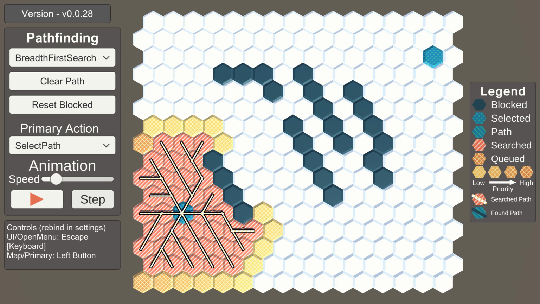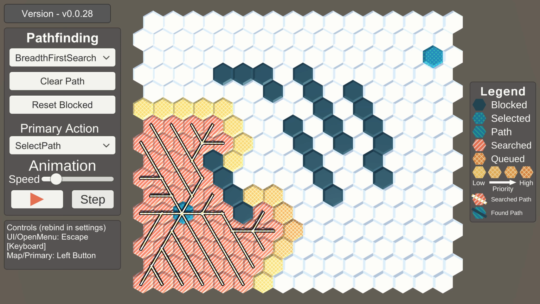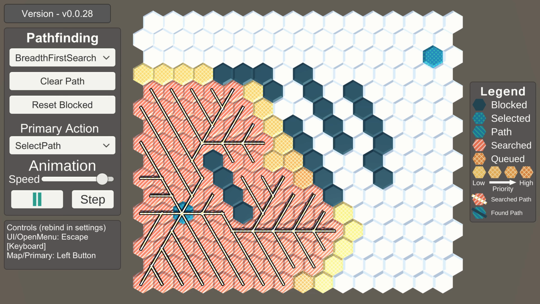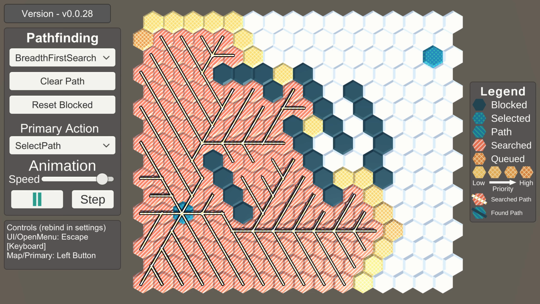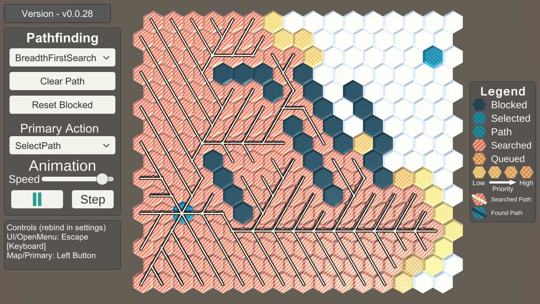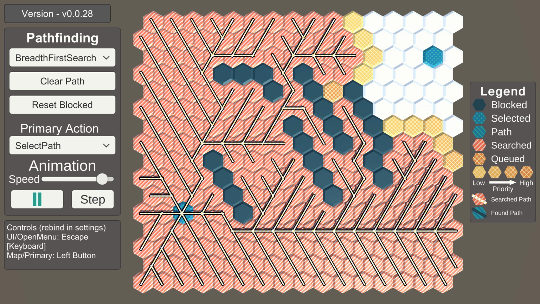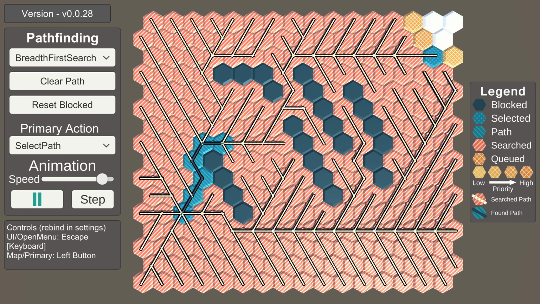From the controls panel, I can modify how fast or slow the algorithm runs, pause the current animation, and slowly step through each part of the process. On the screen now, you can see how hexes are being searched. When a location is searched, a path is created from that location back to the starting location. This will continue until the algorithm is able to find a path from the start to the destination. It will also stop if no path can be found. Right now, I have the breadth first search algorithm selected. Using a drop-down on the left panel, I can select from other algorithms.